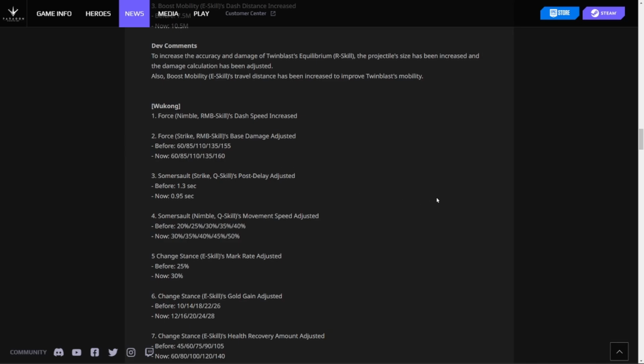Summer Strike, Q skill post delay adjustment. So you get from 1.3. Wait, what's Summer Strike? Oh, that's the slam, isn't it? I know 1.3 second delay is huge. It's down to 0.95. It needs to be like 0.25. It needs to be much lower. I think that's not going to do anything. I'm excited to test it out, but